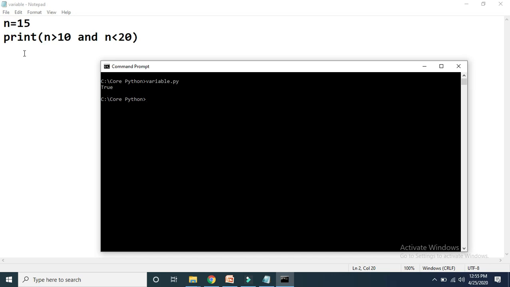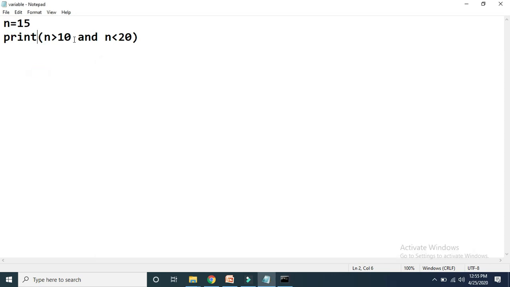Now if I make some changes in the first condition, suppose I write n greater than 16 and n less than 20, what is our n? N is 15. So 15 greater than 16 is false, but 15 less than 20 is true.